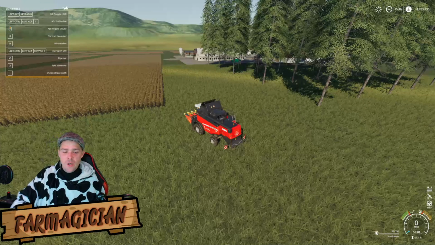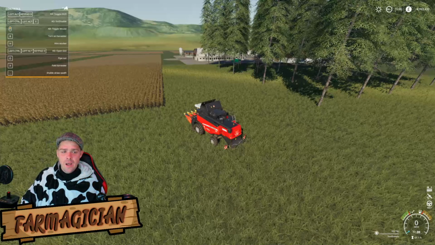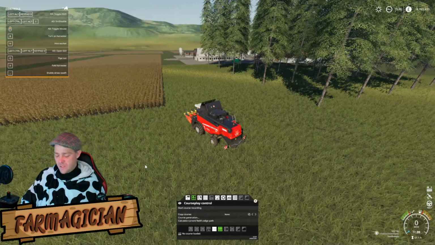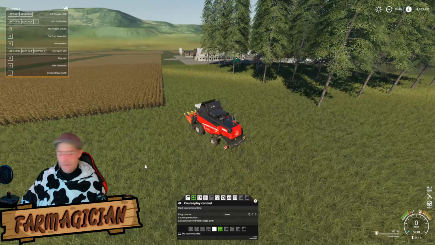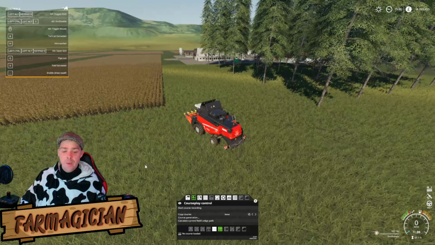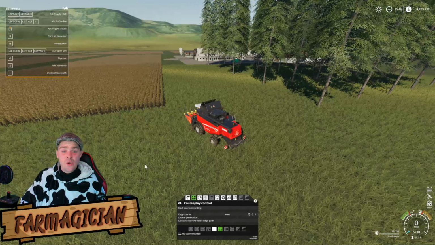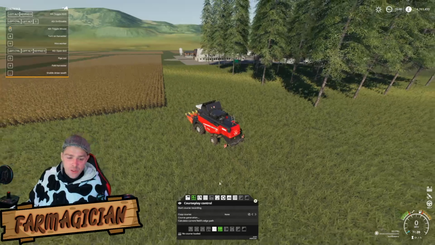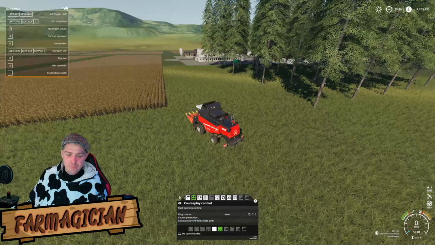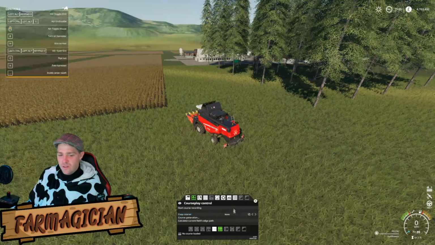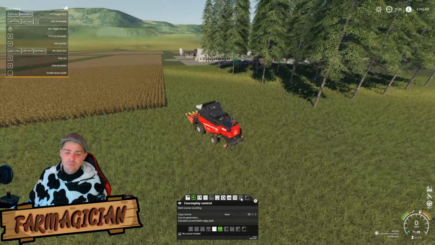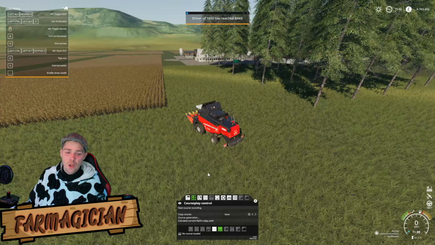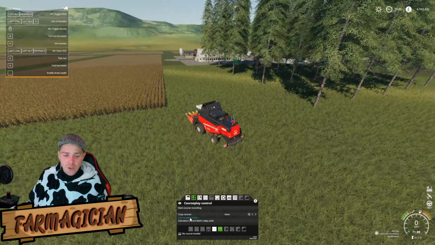So you need to open up the courseplay mini HUD. Now I've got that set as the delete button on the keypad, on the number pad, sorry. But you can also have it set so it is on the right mouse button of your mouse. Then you've got all of these little symbols and everything. I'm not going to go through all of these today. That's just from the last episode. We're going to click on course generation,